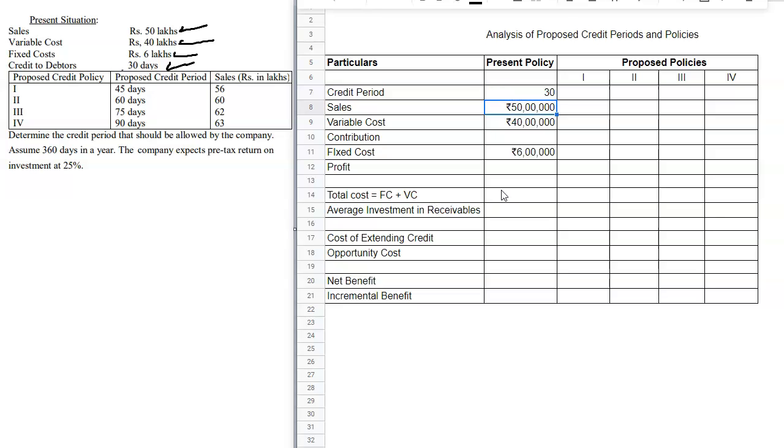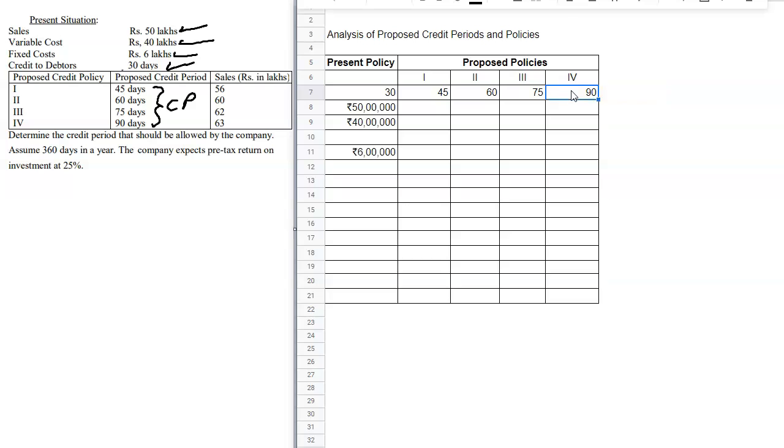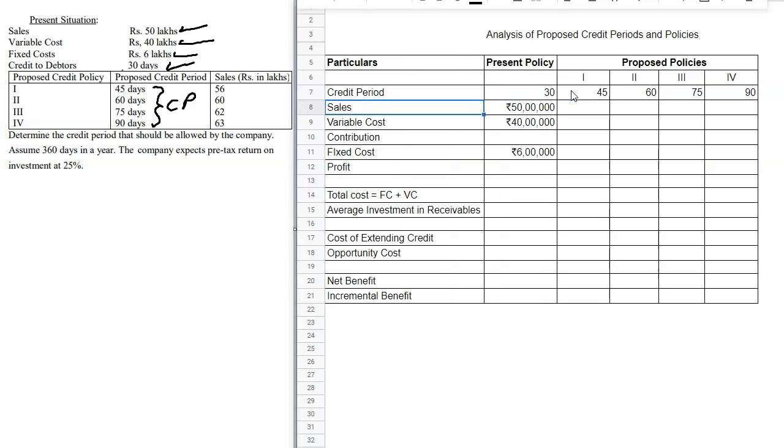Okay, and then we've been given data for the credit period for all the other policies. So all of these are credit periods. So I'm going to put it here onwards. So 45, 60, 75 and 90. Alright, and now that I have all of them in place, the next thing they mentioned is